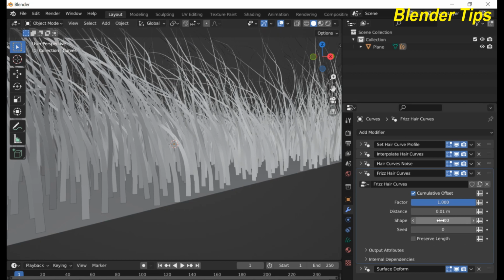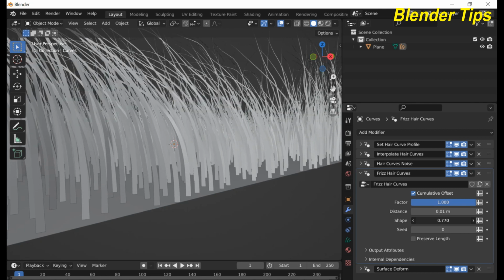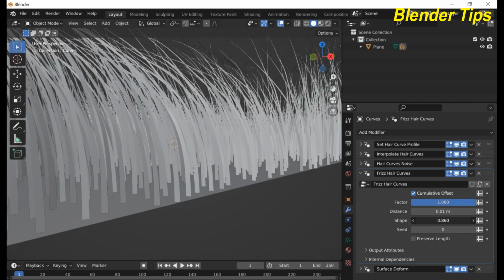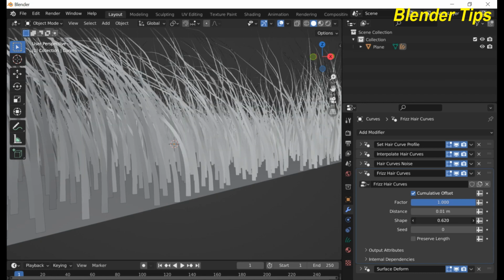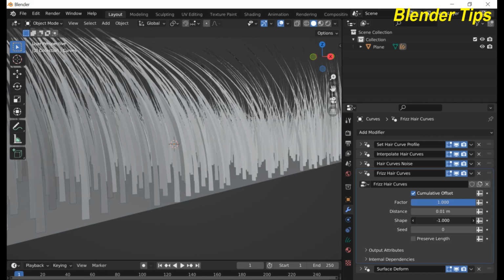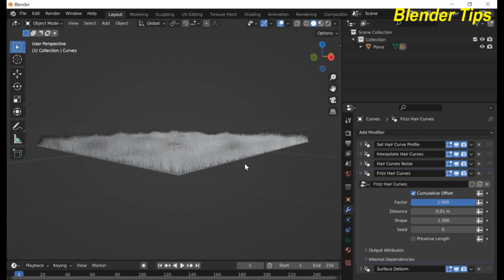And if I change this value, then you can see that there is more frizz at the tip, and if I make this value negative, then you can see that the frizz is happening at the root of these curves